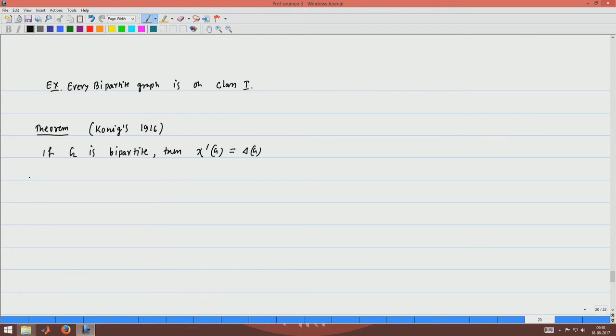So, here is the proof. This is an interesting result. G is a bipartite graph.